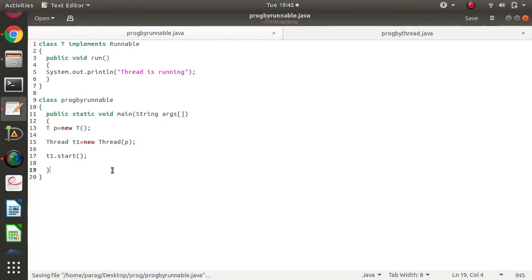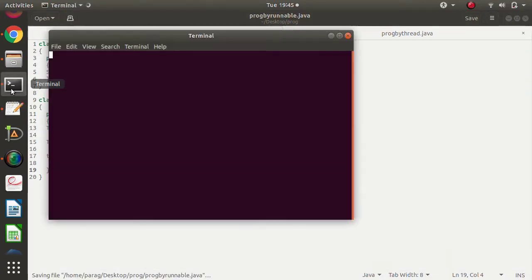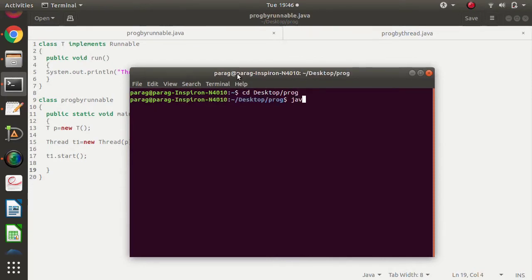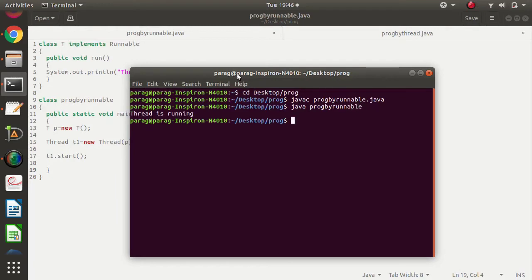When we run this program, we'll check output. So program is compiled. Now we will run it. Okay. So in this way we have created one thread in our program.